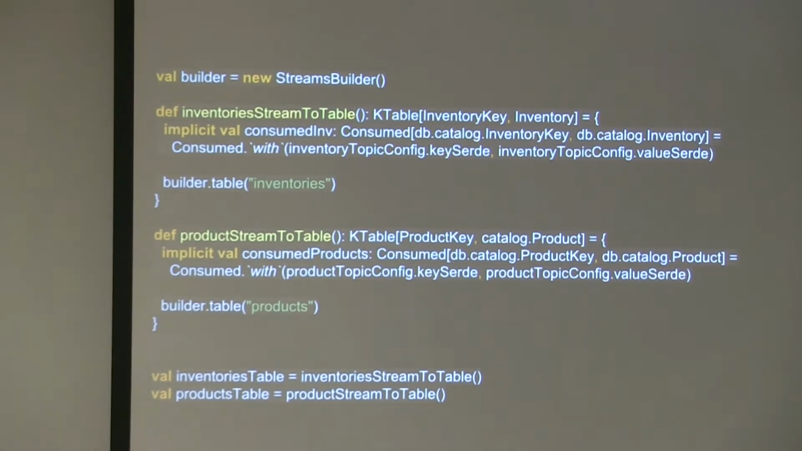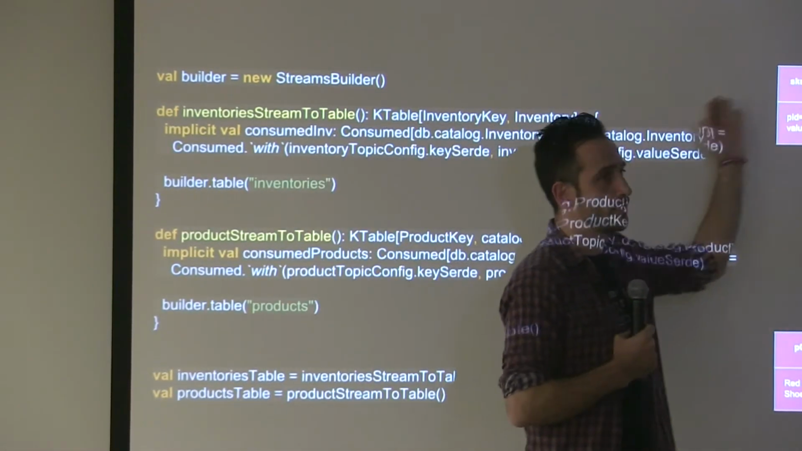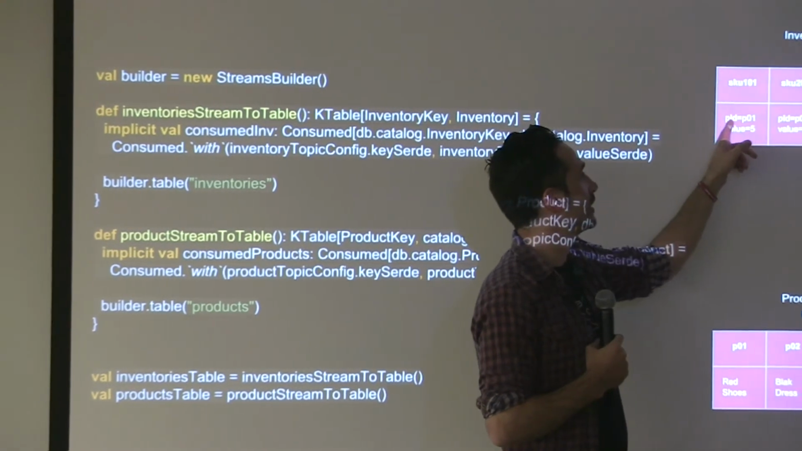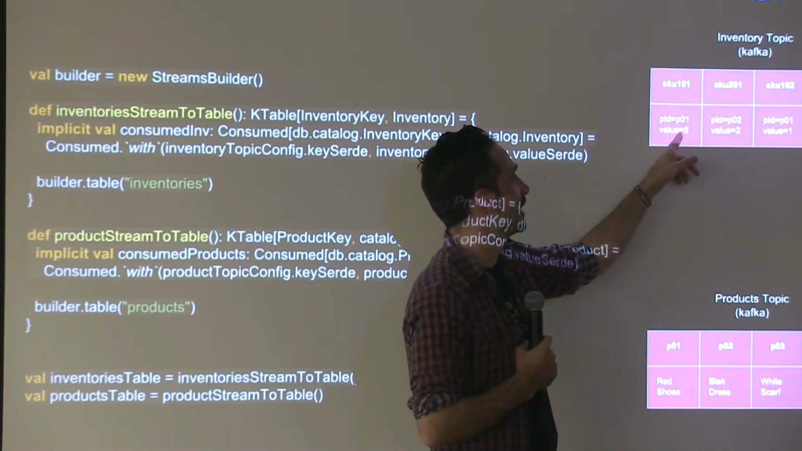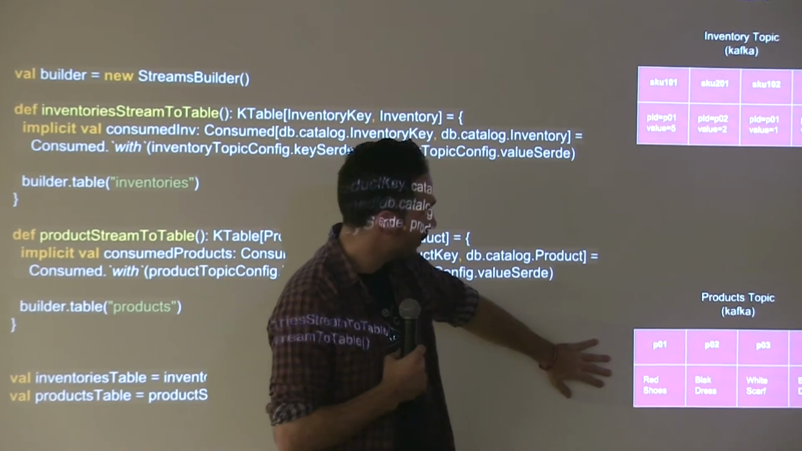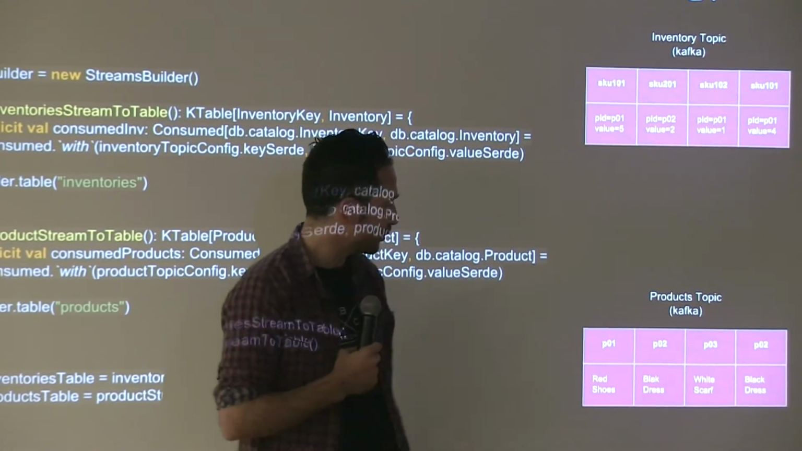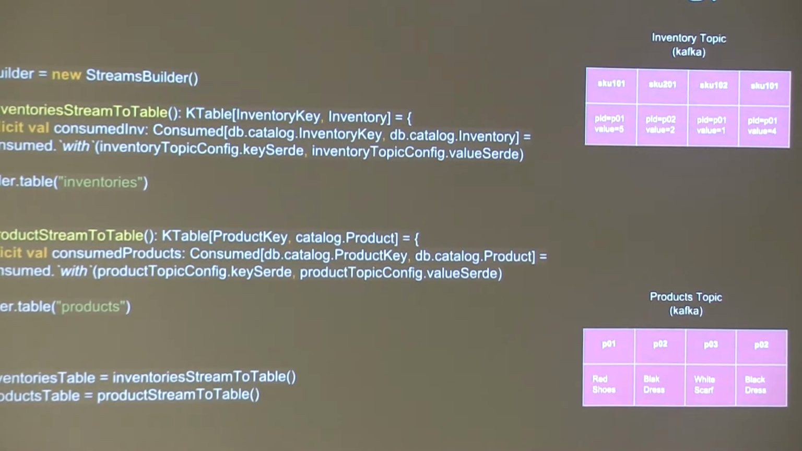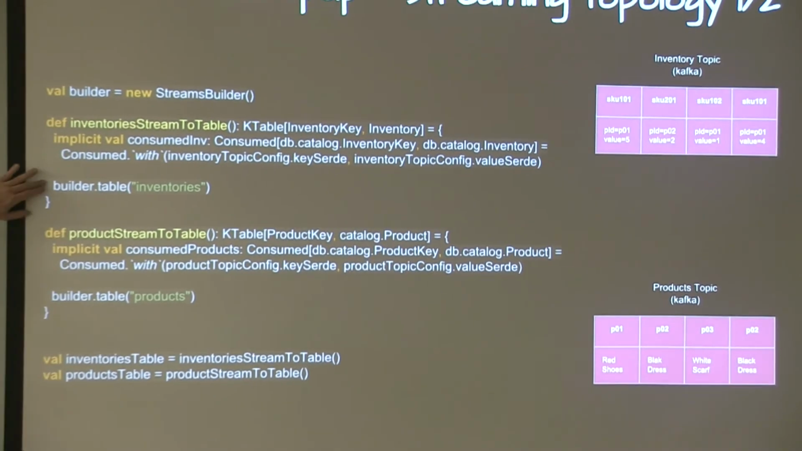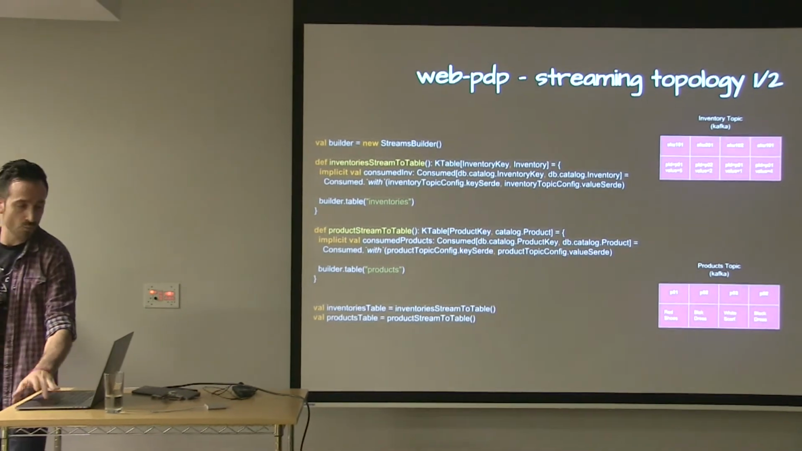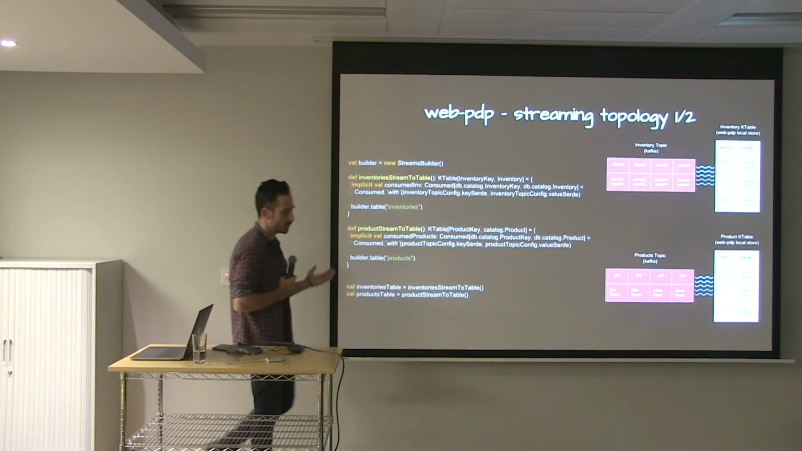But what we have in Kafka is an inventory topic with all the inventories. The keys are the SKU IDs, and in the value I have the product ID and the availability for each SKU. And then I have a product topic where the key is the product ID and the value is the name, right? When we execute builder.table for inventories and builder.table for products, what we do is the so-called stream-table